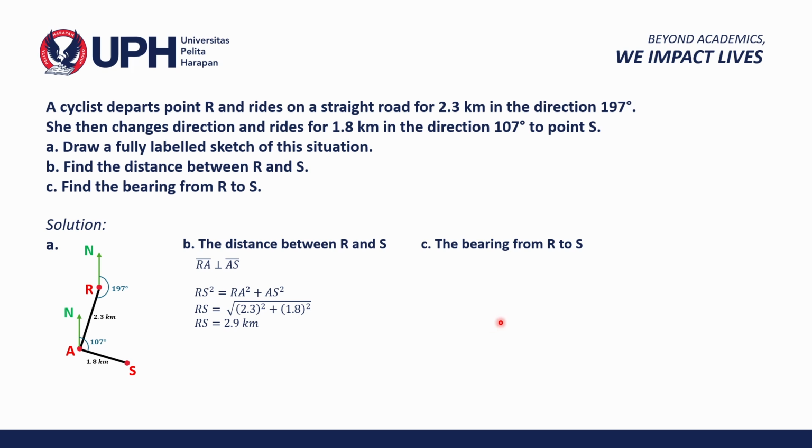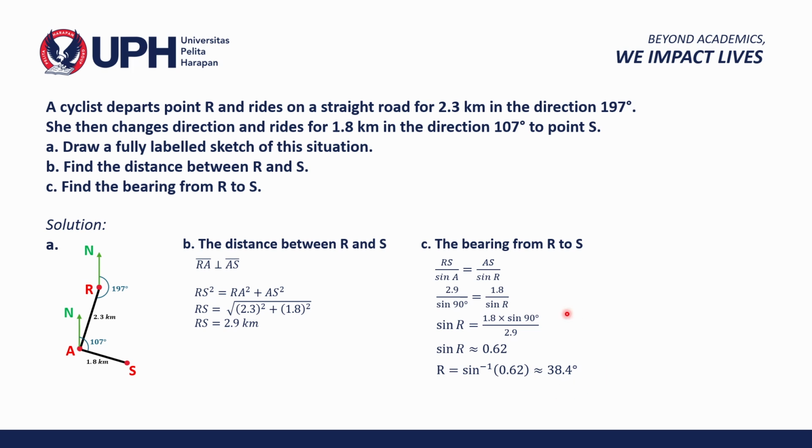To find the bearing from R to S, we first determine the angle at point R inside the triangle. Using the sine rule, we have RS over sine A equals AS over sine R. Substituting the values, we get sine R equals 1.8 times sine 90 degrees all over 2.9. And then we get the value of R is approximately